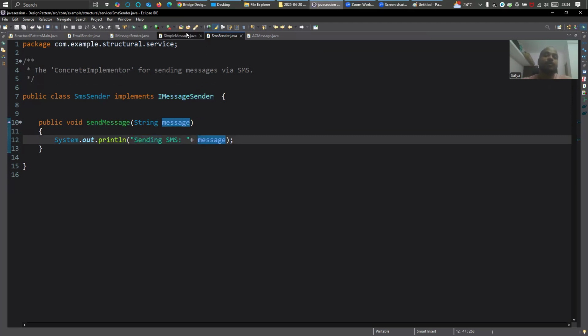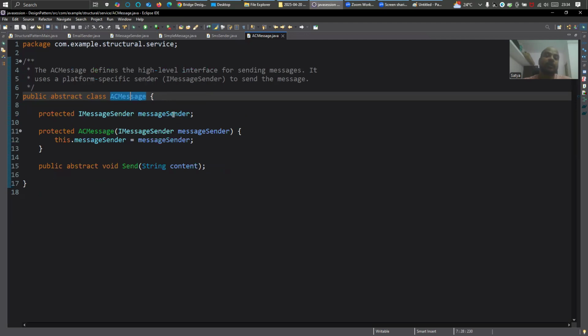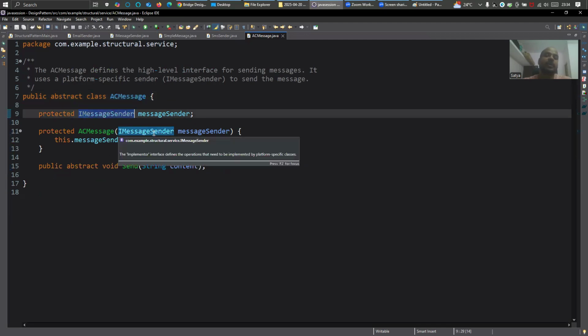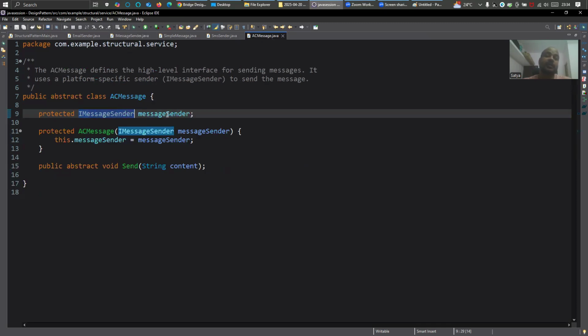Now, if I come to simple message, what does simple message do? It extends SCMessage. What is SCMessage? SCMessage defines a high-level interface for sending messages. It uses a platform-specific sender to send the message, right? SCMessage defines the high-level interface, kind of similar to an interface. At a high level, it holds an instance variable of IMessageSender, that is message sender, and protected